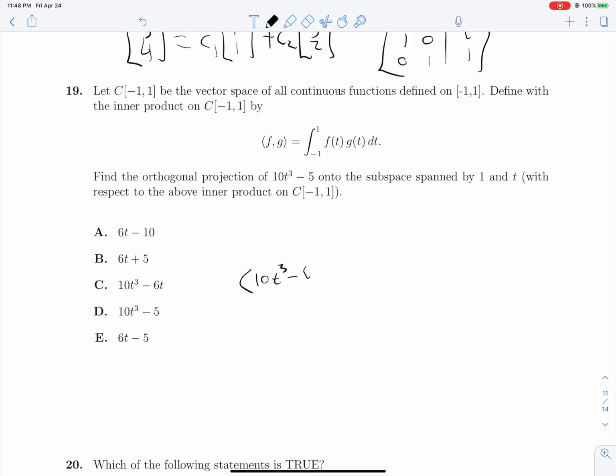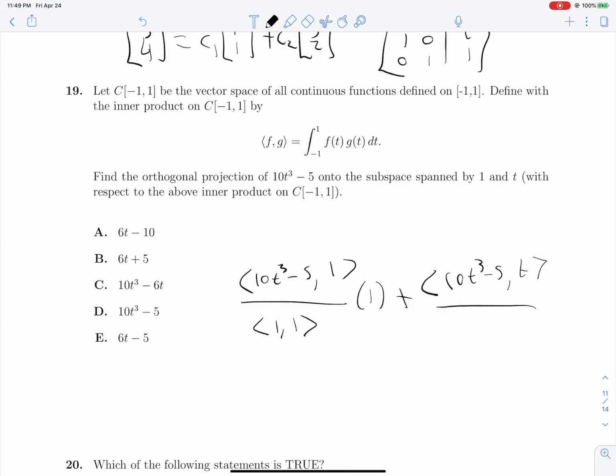10t cubed minus 5 dotted with 1 over 1 dotted with 1 multiplied by 1, plus 10t cubed minus 5 dotted with t over t dotted with t times t. So let's compute all of these little integrals. The integral from -1 to 1 of these two functions multiplied together, 10t cubed minus 5 dt,